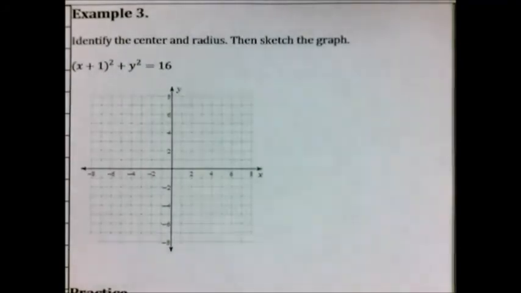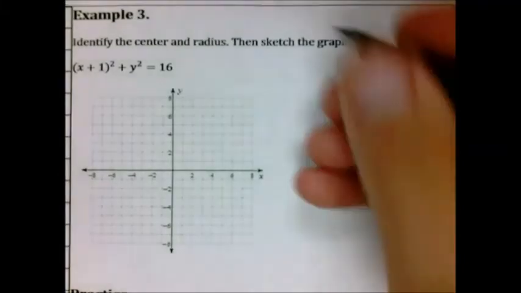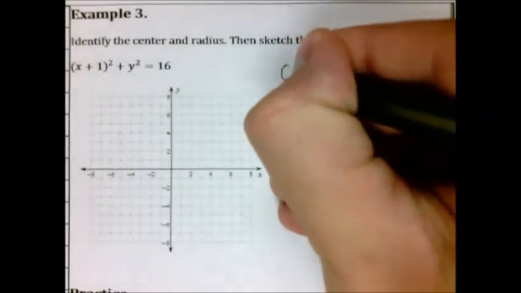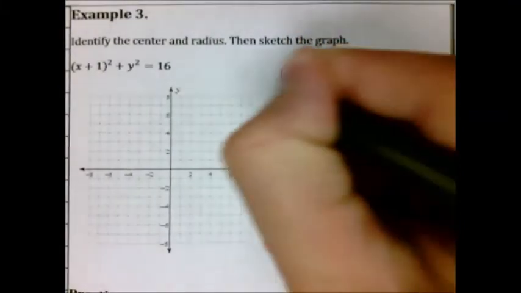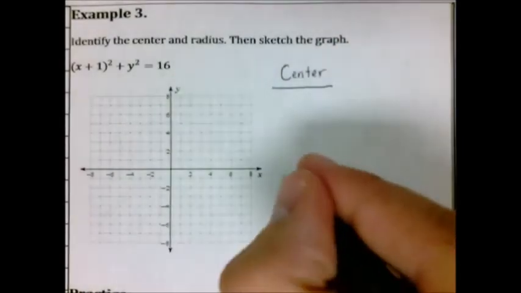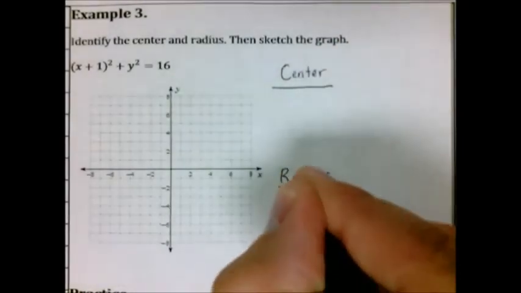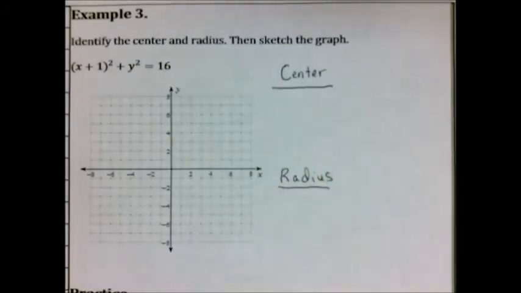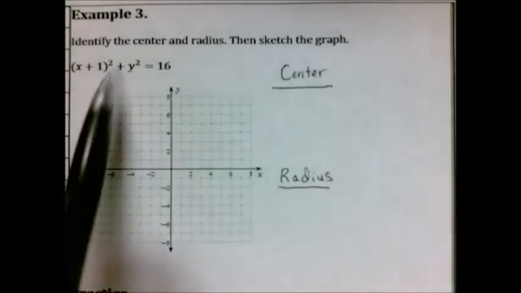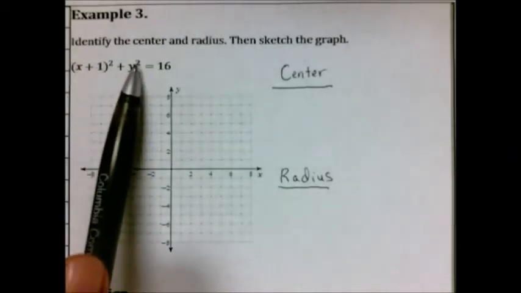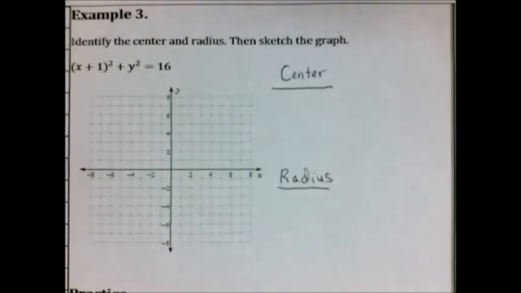Alright, let's do one last example here. It says identify the center and the radius. Okay, so we're going to identify the center, and then we're going to figure out what the radius is. And after we've done both of those, then we're going to attempt to draw out that circle, right? It says we have x plus 1 squared plus y squared equals 16, and we want to figure out what